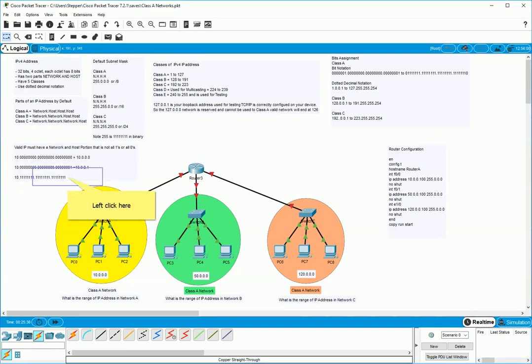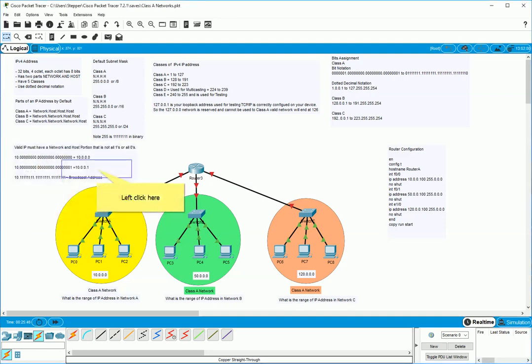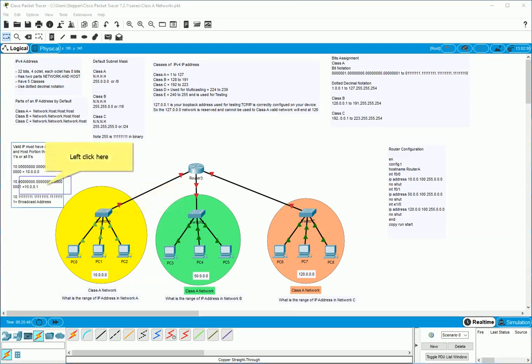Here you can see my host portion is all ones. So this is known as a broadcast address because my host portion is all ones. This is known as a unicast address